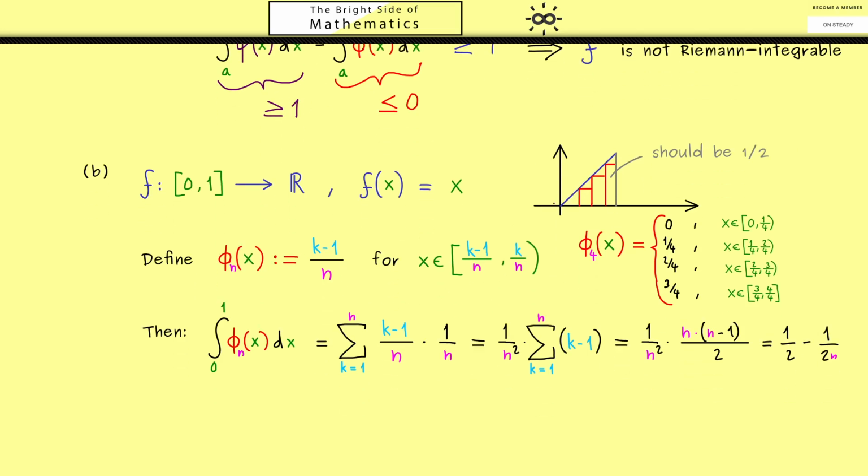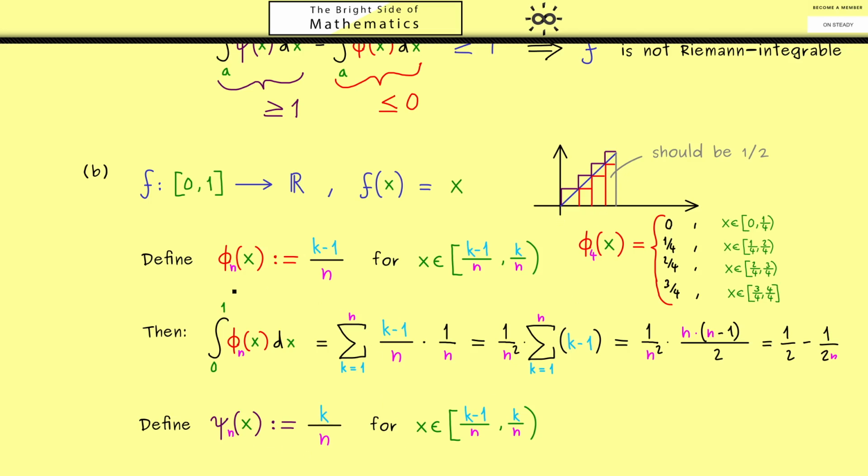Here I would say, let's use the same picture as before to sketch the new step function. Of course, it should be the same staircase as before, but now shifted above the function. Therefore, the definition of psi n should look more or less the same as the definition of phi n. Of course, the partition of the x-axis should be the same, we only have to shift the values. Indeed, instead of k minus 1, we now can choose k. So you see, it's not hard at all to define such a step function.